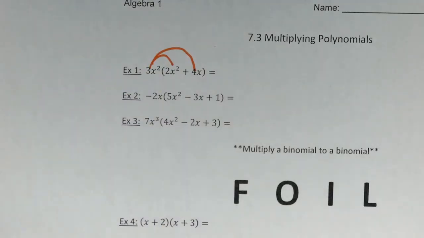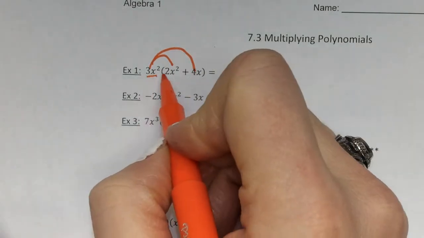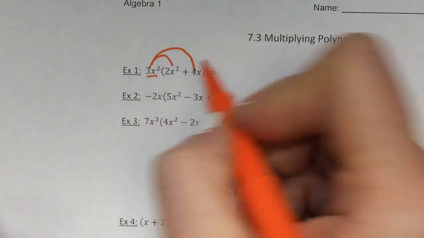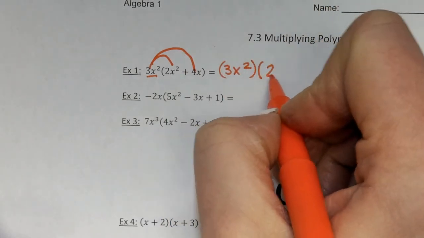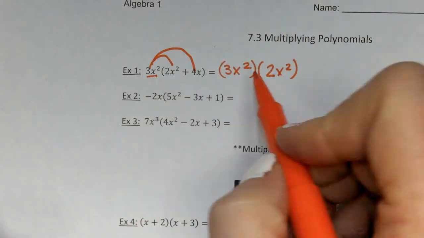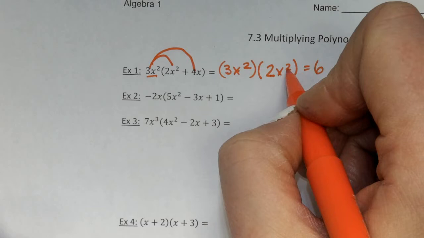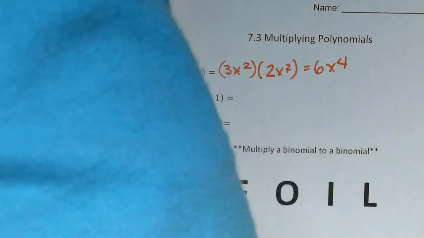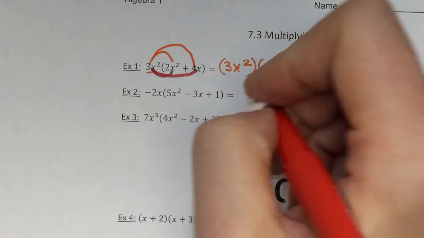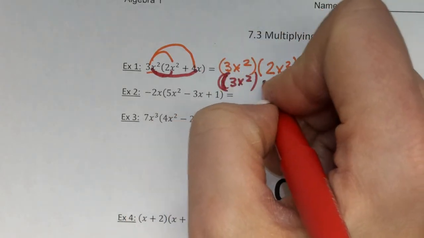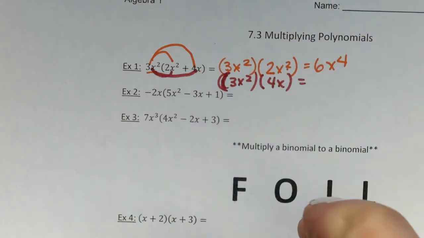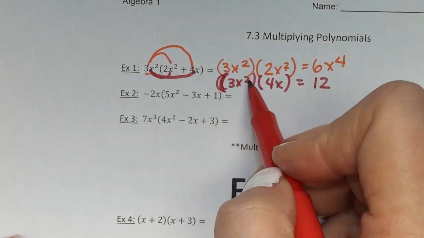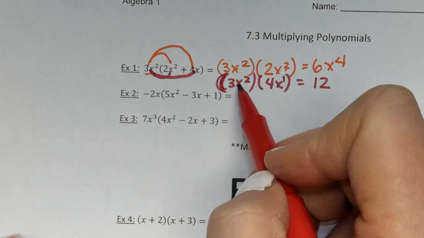So when you multiply exponents, all we're doing here is we're multiplying 3x squared times 2x squared and then 3x squared times 4x. We add exponents, right? We know that. So 3x squared, let's do this first step first, times 2x squared, that's what this first one is. That's going to be 6, 3 times 2 is 6, and x squared times x squared, we add the exponents, that's x to the 4th. Okay, and then the second one we have here is 3x squared times 4x. So we have 3 times 4 is 12, and then x squared times x to the 1, we are just multiplying, so we're adding those